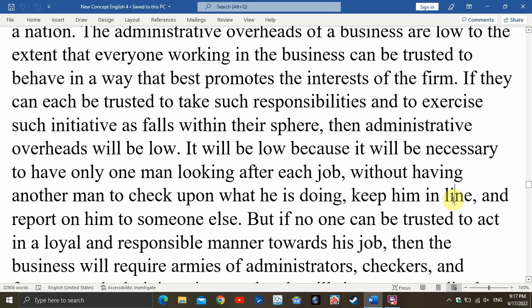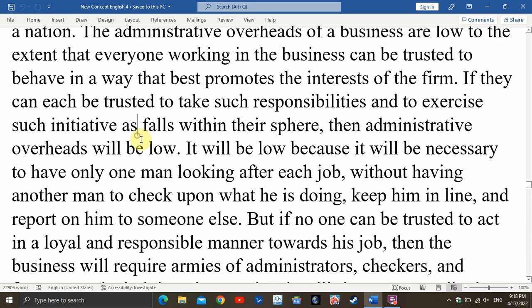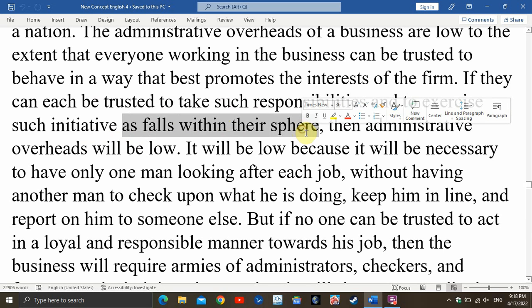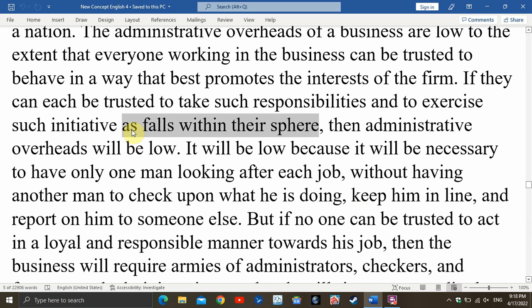好，那么这个，首先这有一个条件状语从句，到这里真的是一个条件状语从句，对吧？If they can each be trusted to take such a responsibility and to exercise such initiatives. 好，这里 as falls within their sphere，这个是一个定语从句。那么这个呢，是由 as 引导的定语从句。那么我们以前碰到过 as，这里的 as 是主语，关系代词，做主语。那么这个 as 指什么啊？指那个 such responsibilities and such initiatives。